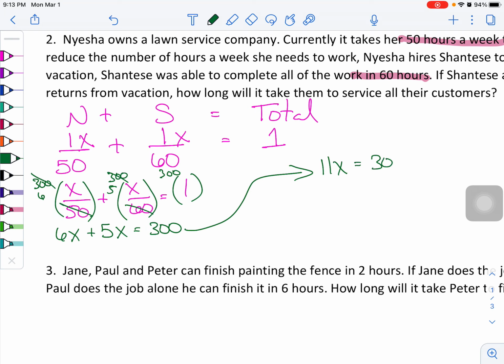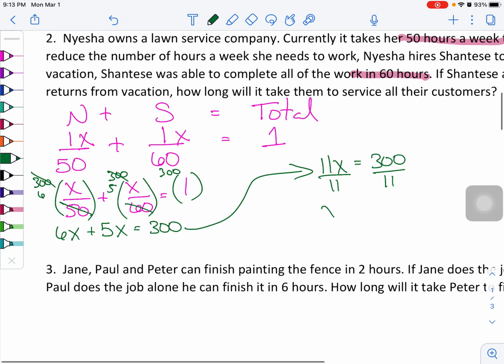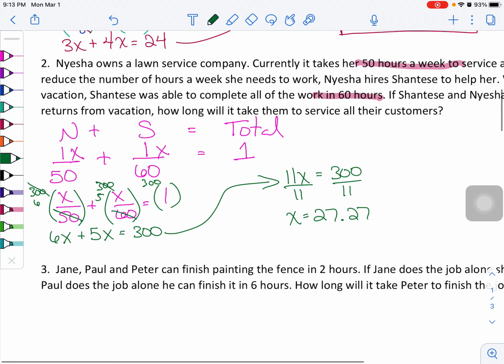Again, I always run out of room with these, so I'm just going to slide it over here. 6x plus 5x is 11x is equal to 300. Divide both sides by 11. So divide 300 by 11. All right, 300 divided by 11. So x is equal to